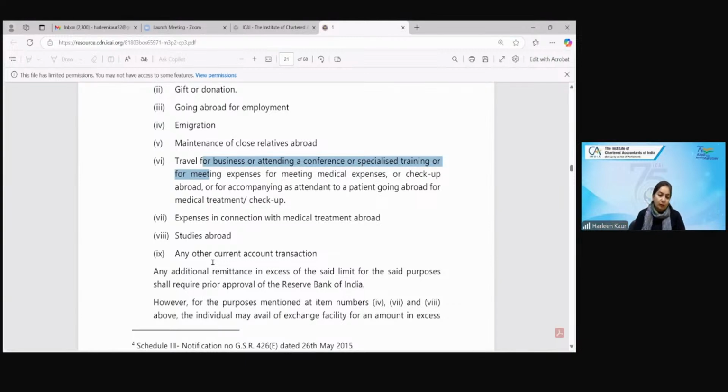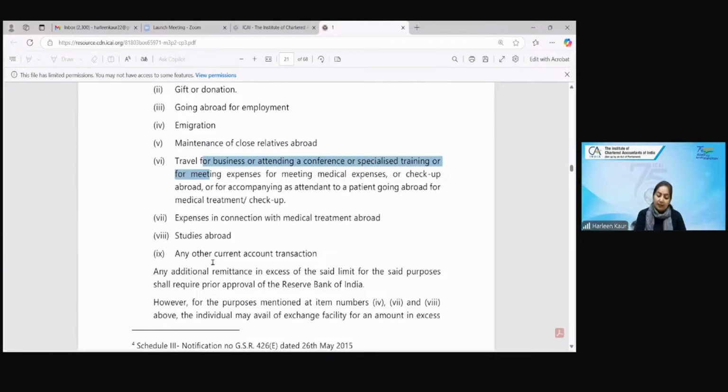There is no need of any approval. So say for example, the attendant is carrying 1,50,000 USD and the medical expenditure of the person is 1,50,000 USD. Then 1 lakh 50, 1 lakh 50, it is 3 lakh USD. So up till 2 lakh 50,000, no approval is required. But for the balance 50,000 USD, RBI's approval will be needed. Then only you can utilize this amount as per the required conditions.